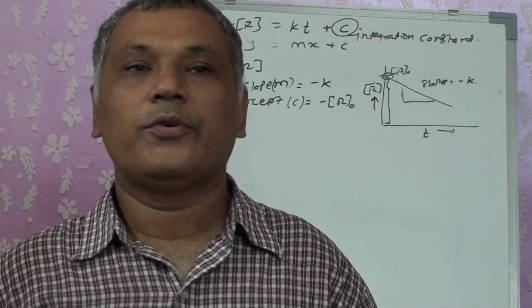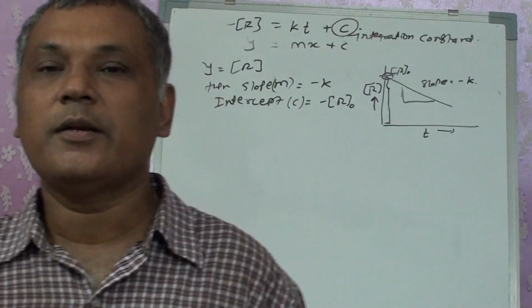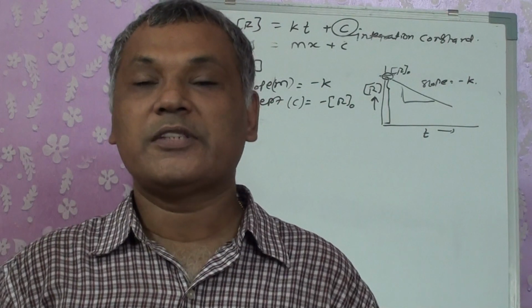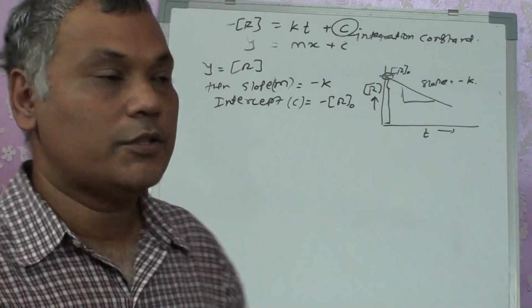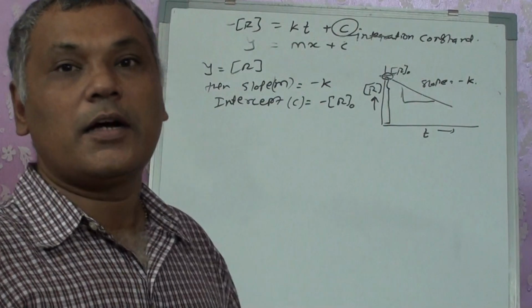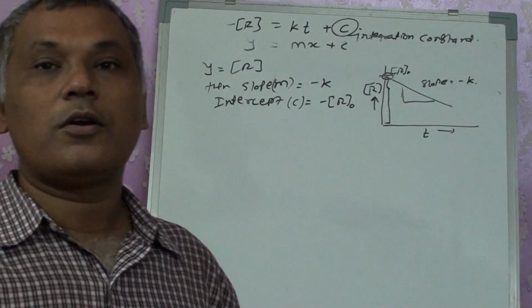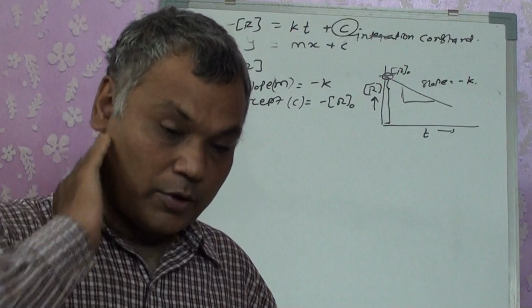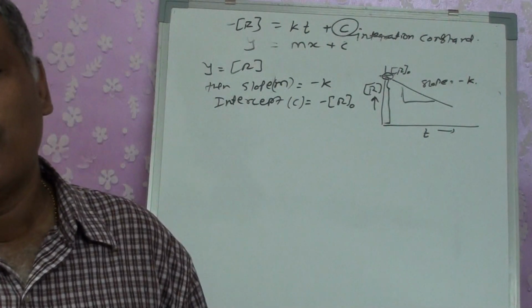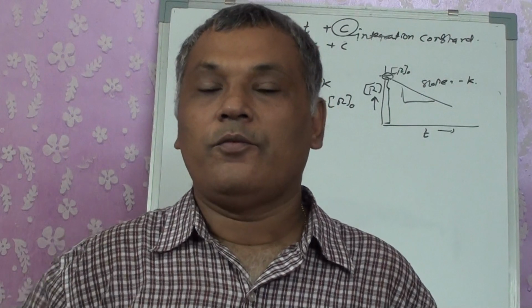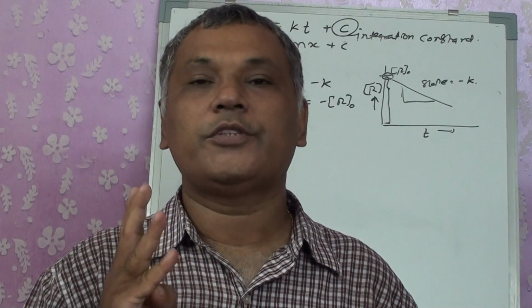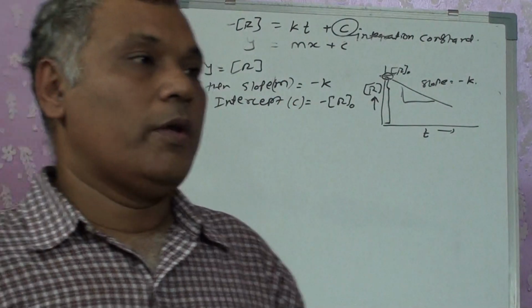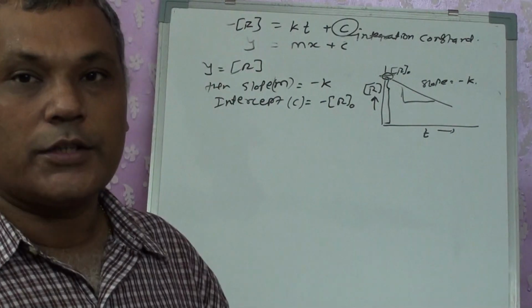Second method was half-life. We got that if half-life is directly proportional to the initial concentration of the reactant, right? So half-life is the second method to calculate the order of the reaction. And the third method, we got as a graphical method to indicate the order of reaction. Again, a question can be asked: which are the different methods to find out the order of reaction? We have to explain three of them: integrated rate equation, half-life and graphical method, right? Okay, now this was for the zero order reaction.